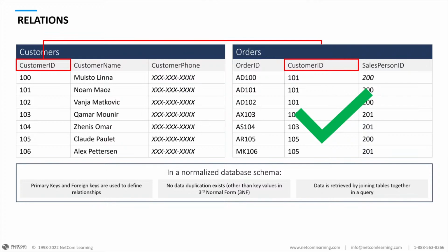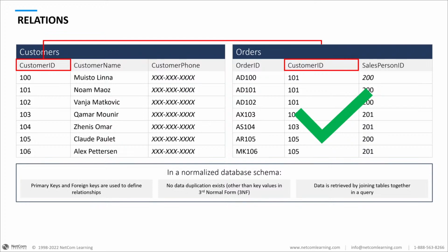And we've got a reduced amount of information there. So instead of having 2 columns that have variable length text in them, and 1 column that has an integer, we now have 3 columns that have integers. Integers are 2K in size, much smaller than a variable text field. Also in this scheme, we have no duplication of data, other than the key values, which falls under the third normal form process, right?